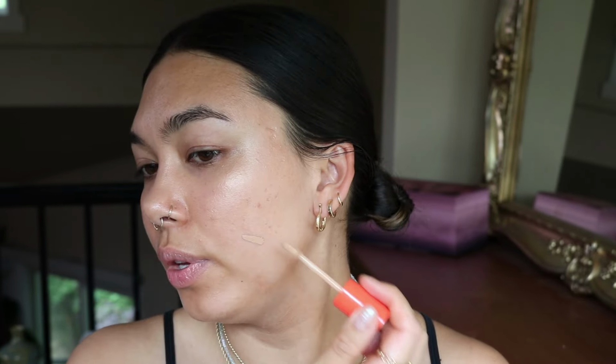I will use one shade for my face. This is the shade Mango Drop, and I'll just do a few little stripes across my face. I do think this shade is too light for me. Let me see if I have a shade that's deeper. I think this shade will work better for me, actually. They just sent this to me. This is the shade Cinnamon Baby, so I'm gonna do a little bit of this as well. Just like, yeah, I feel like that matches a little bit better